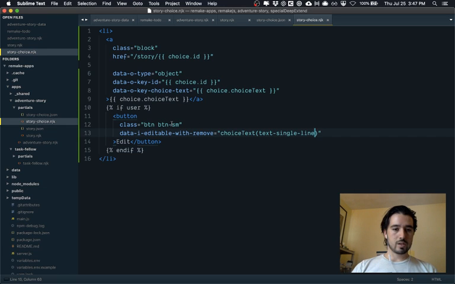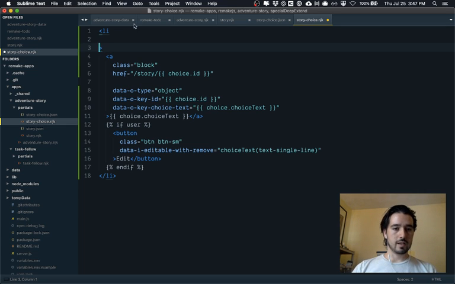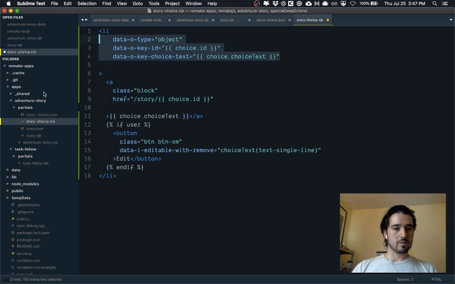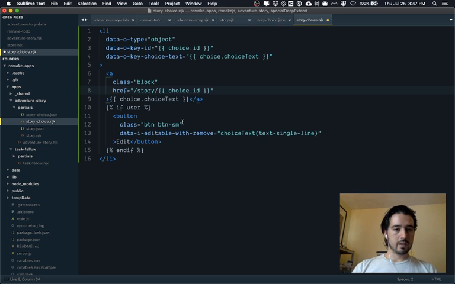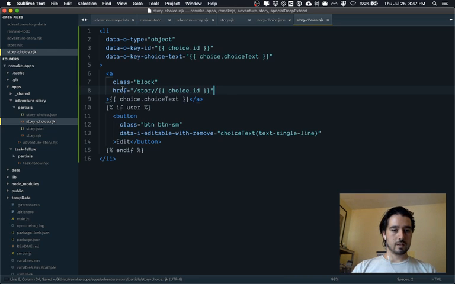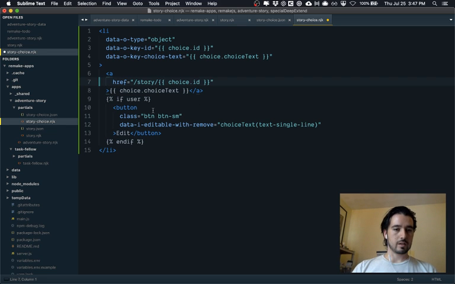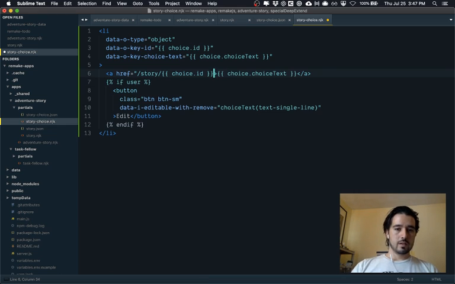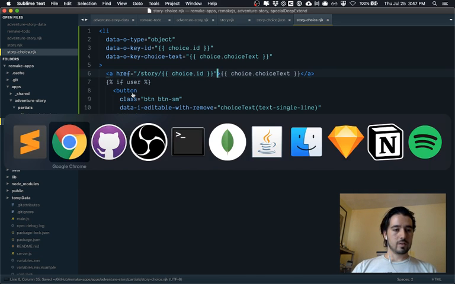Oh, and it's because we're storing the choice text next to it instead of on the top level. So we want to actually store the data on the top level. So we're going to just move this up here. And boom, that should be good. Okay, so let's, oh, and why is this display black? Okay, and we can actually put this on a single line now. Okay, so let's save that